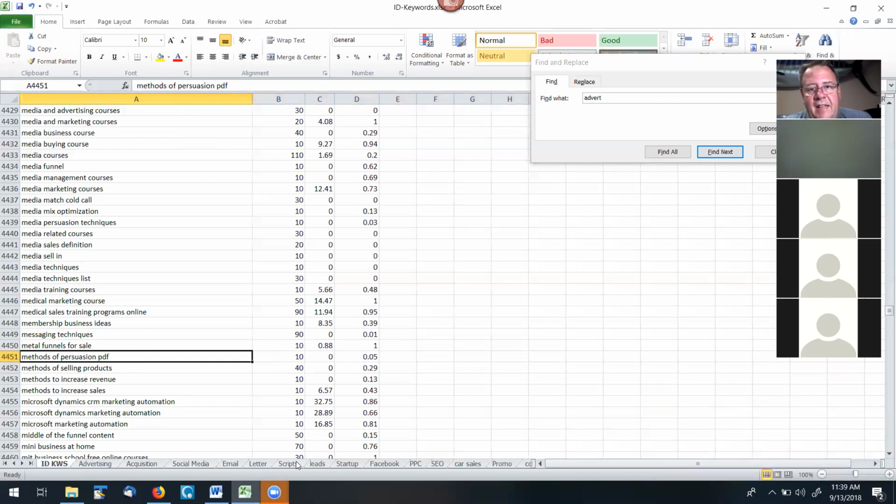Now, once I get that keyword group together, I'm going to look through that specifically. I'm going to pick out the winners, and I'm going to have the keywords that I'm willing to advertise to. They're going to be the very low-cost keywords. They might not have a lot of people searching for them. It might be 10, it might be 30. Some of them, you'll find where there might be a few hundred, and nobody's paying attention.